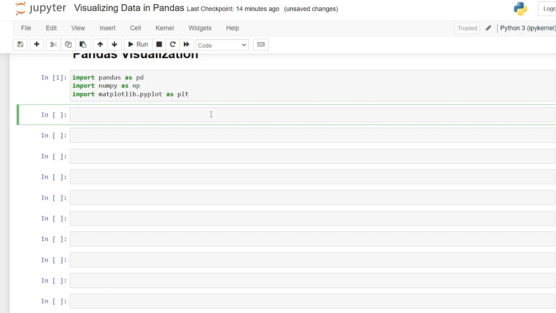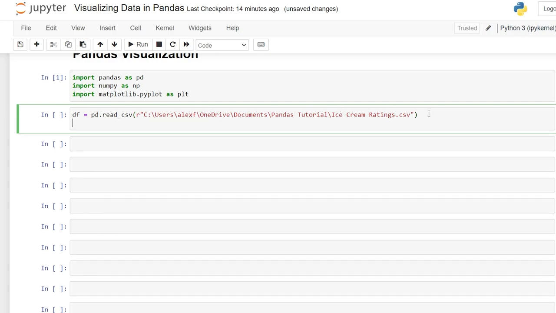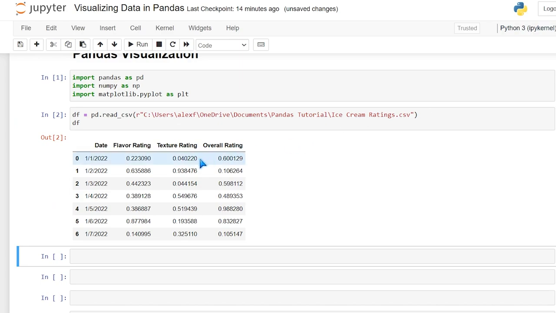So now let's get our data set that we're going to be using. So let's say dataframe equal to pd.read_csv. And let's get this in right here. Now we're going to be doing these ice cream ratings. Let's take a look at this really quickly. Now these values are completely randomly generated. They are not real in any way. But that's what we're going to be using because I just wanted something kind of generic, something that wouldn't be too crazy confusing,